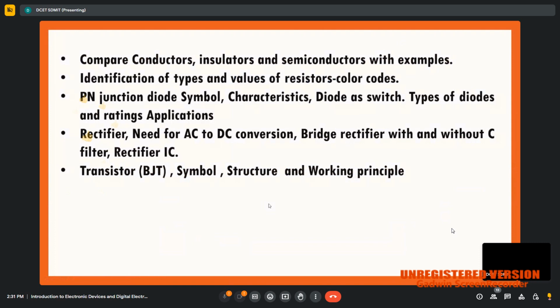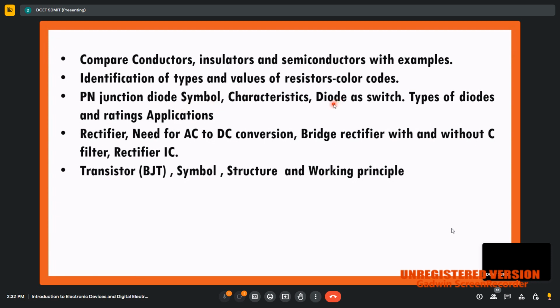Today, I'm going to cover the concept related with comparing conductors, insulators, and semiconductors with an example. That is the first topic I am going to cover. After completion of this concept, I will cover the identification of the value of resistor color codes. Then I will cover the PN junction diode, its symbolic representation, characteristic, and